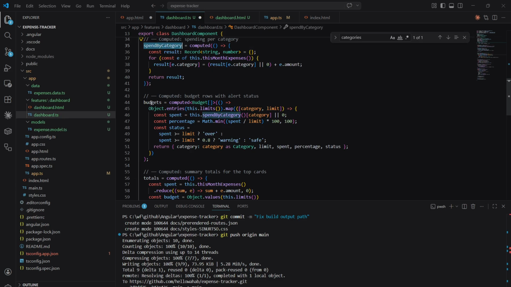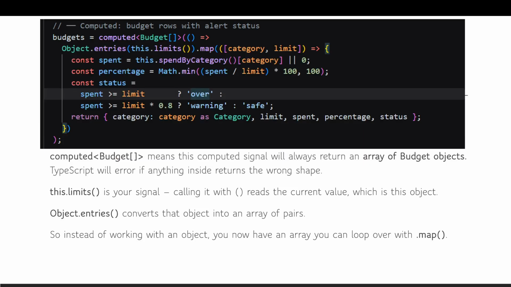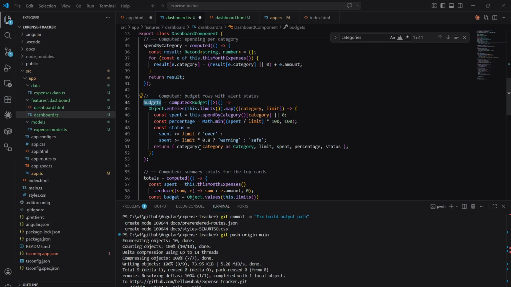Suppose that we have a budget. How the budget is calculated: you can see the budget is again a computed, but it's taking an array of budget objects. And if there is anything wrong inside that, it will provide us an error. And you can see this dot limits is your signal. So if I can quickly show you,